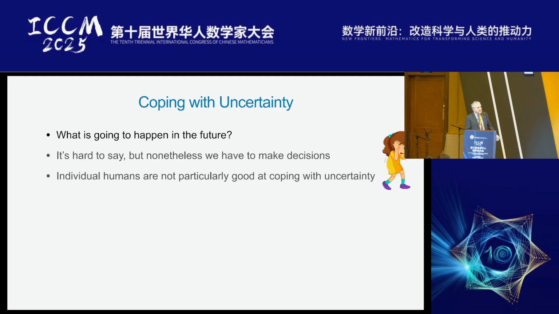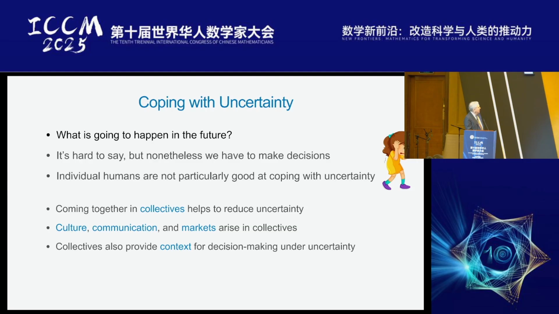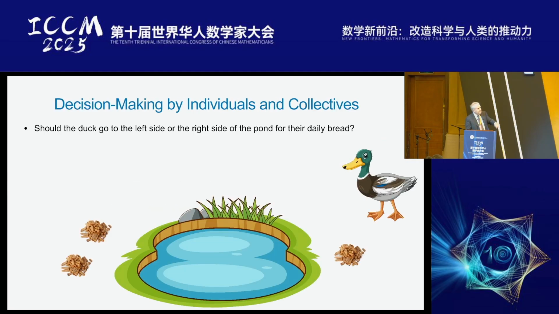Okay, so first of all, let's think a little bit about collectives and uncertainty. Uncertainty is not just, I gathered some data and I have an error bar that goes as 1 over square root of the number of data points. That's classical statistical uncertainty, but it's a bigger problem than that. So just think about a very simple problem where I've got a duck, and the duck is deciding today which side of the pond to go to get food. And the duck is a very good statistician, so in the past, the duck has analyzed all of the data and knows that there's